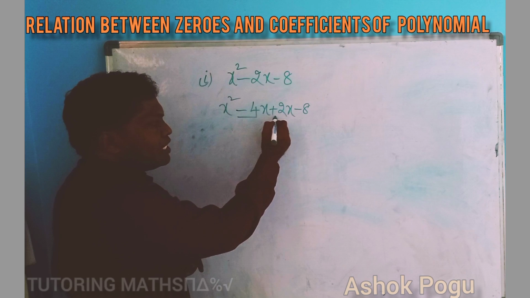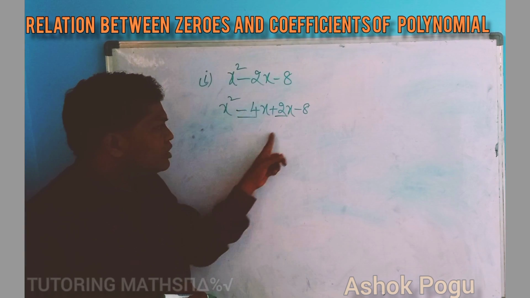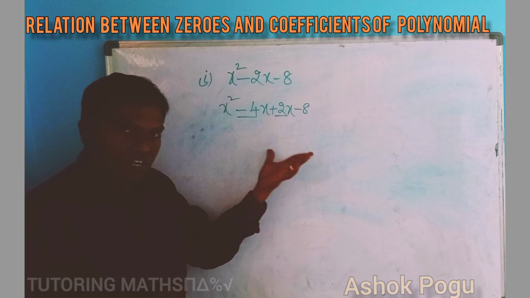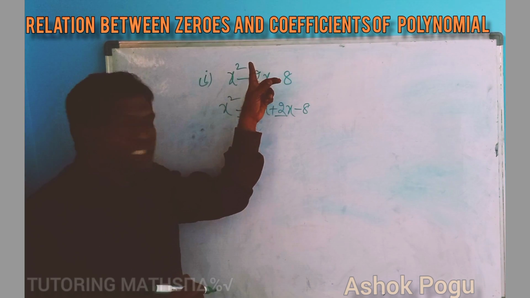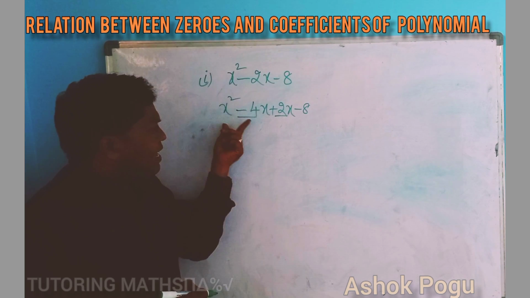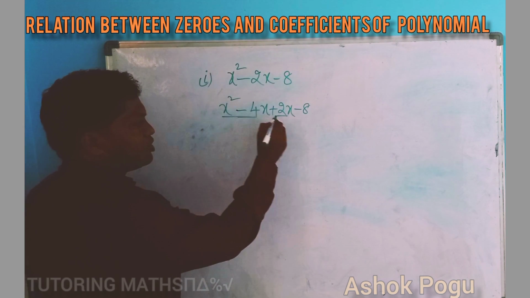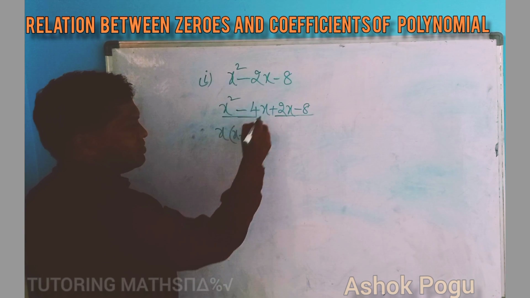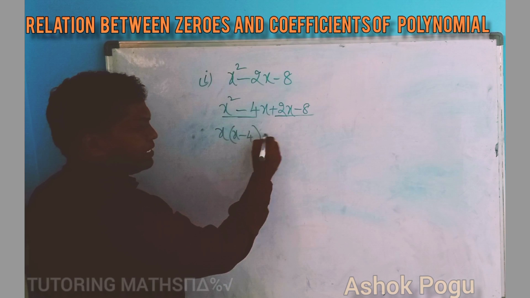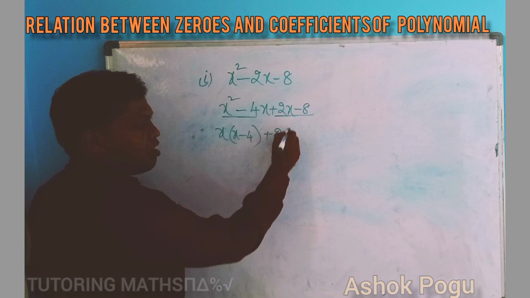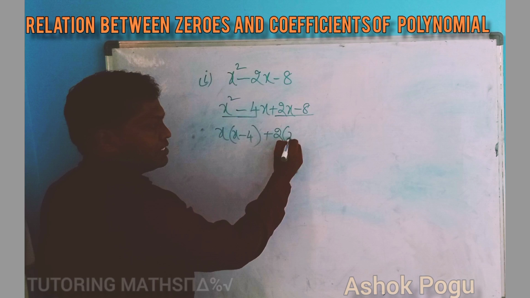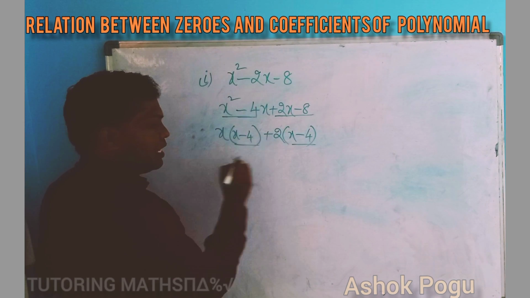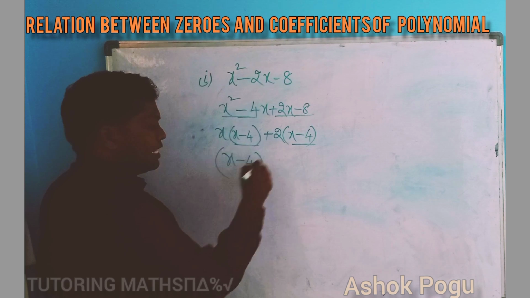What is the product? Minus 4 and plus 2. Minus into plus is minus; 4 twos are 8. Therefore this polynomial can be written as the sum of like this. Here, first group, second group. In the first group, x is common, 1x is left, and 4 is common. Plus here, 2 is the common factor for 2 and 8. Take out 2; 2 fours are 8, and finally we got x minus 4 as a common expression.